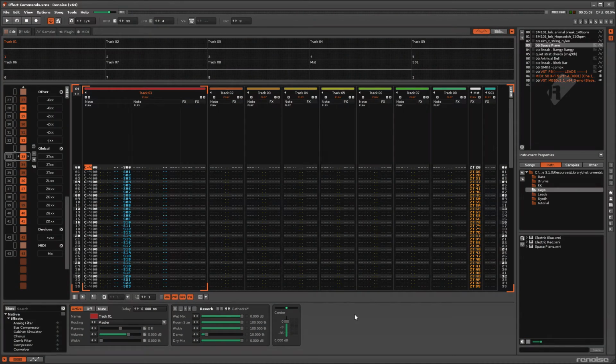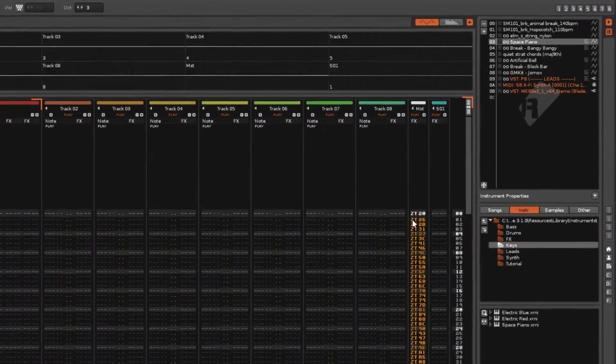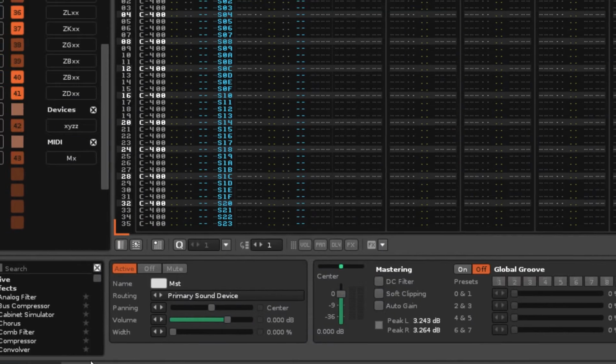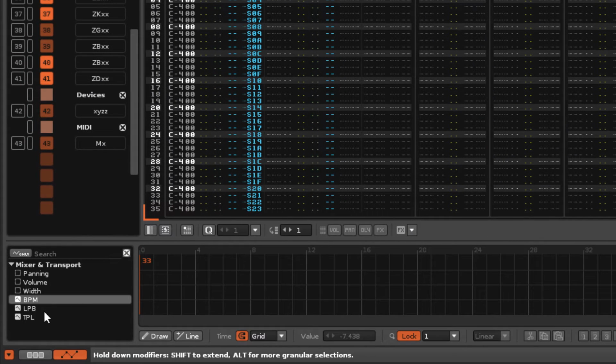When it comes to the global commands, I like to put them in the master track. This is just a personal preference to easily keep track of things that affect the entire song. But there is another good reason for this, and it's that the automation for the first three commands is handled here as well.